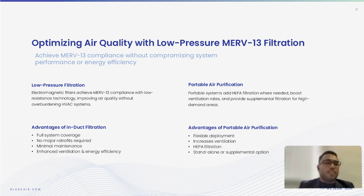And so they require minimal maintenance. And that's something too that I would like to highlight: because they don't front load, those filters need to be replaced less often. So sometimes for schools that can only do maintenance during the summertime or during off hours where there's less disruption to the students and staff, this type of technology is prime for that because it requires less maintenance,